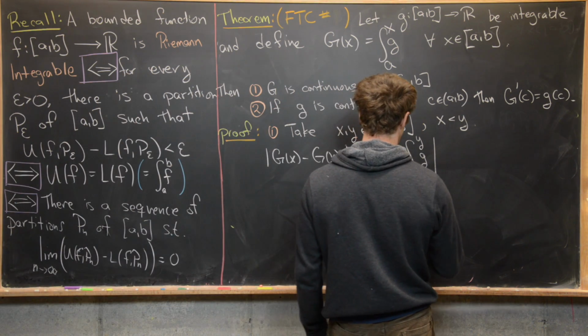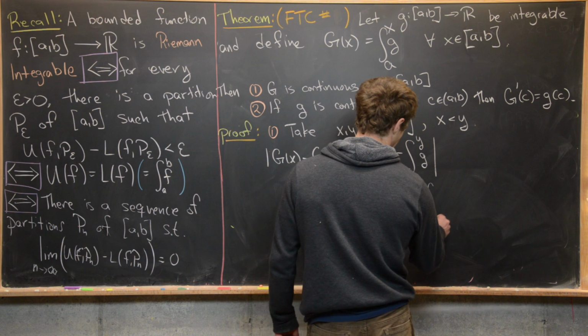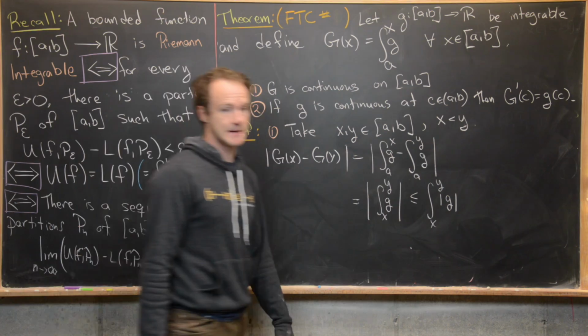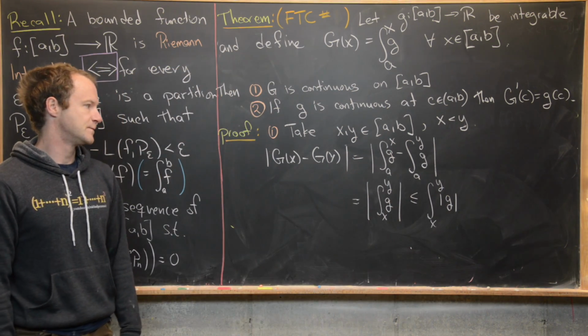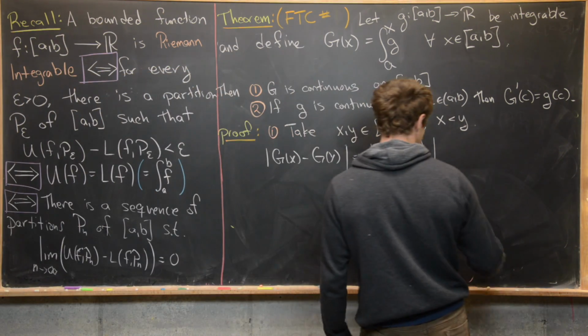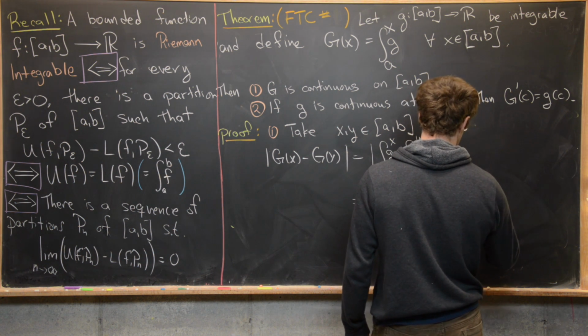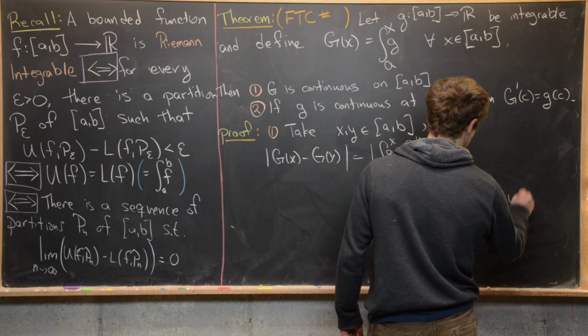That's going to be less than or equal to the integral from x to y of the absolute value of g. Okay? But next, that's going to be less than or equal to capital M times the absolute value of x minus y,